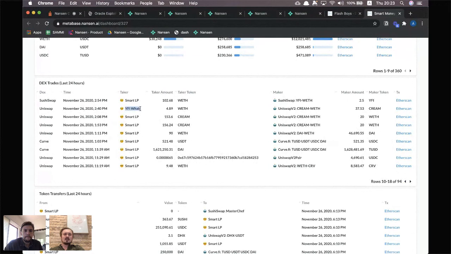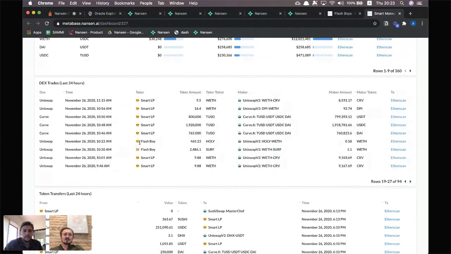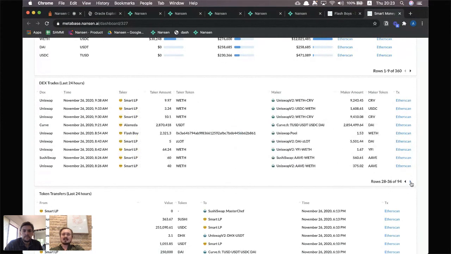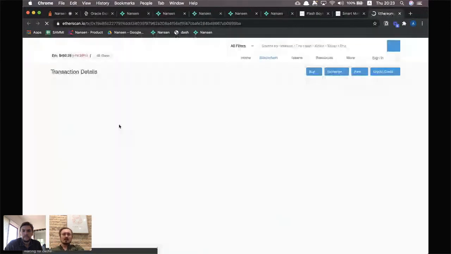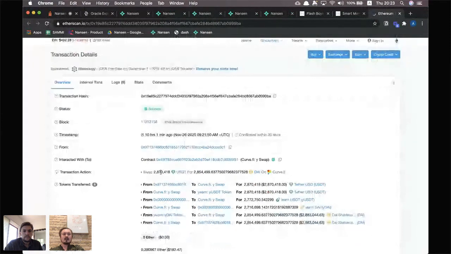You see there's this Wi-Fi whale, a lot of smart LPs. We have some Flash Boys here as well. So if you're a flash loan trader, for example, you'll typically get labeled as Flash Boy. And then you see Alameda, for example, which is a known fund, right? They made a 2.87 million USDT trade to a 2.85 million DAI trade. So again, just clicking through on this, you can see very clearly it's a swap from Tether to DAI